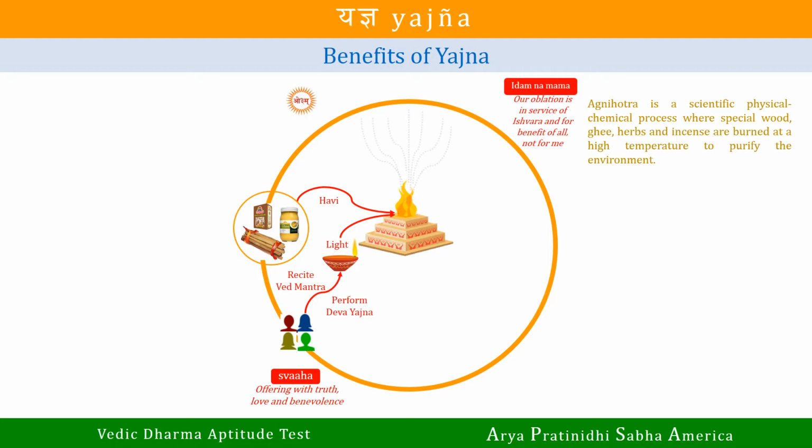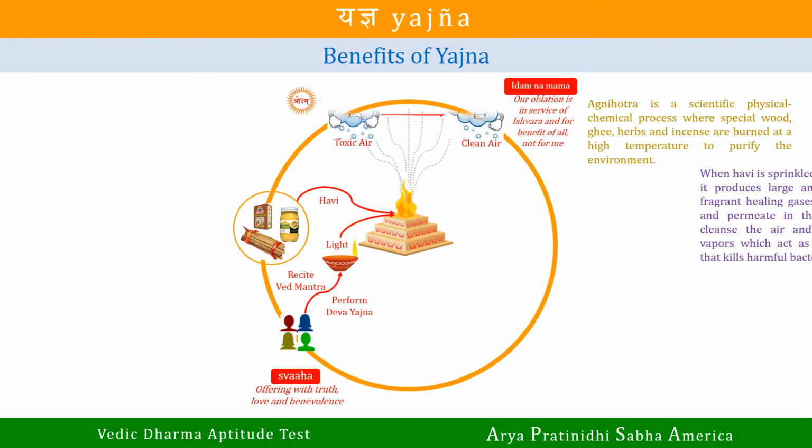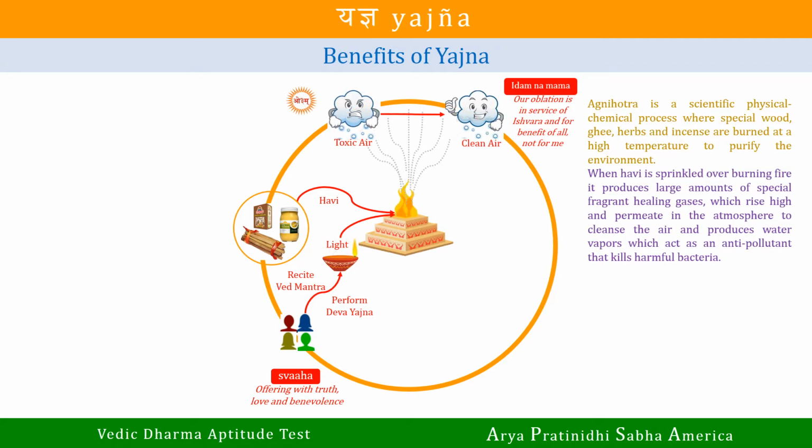At a physical level, it is a physical-chemical process whereby special wood, ghee, herbs, and incense are burned at a high temperature to purify the air. When Havi is sprinkled over hot burning fire, it produces gases that have fragrance and power of healing. When these gases permeate in the atmosphere, they cleanse the air and produce water vapors, which act as an anti-pollutant